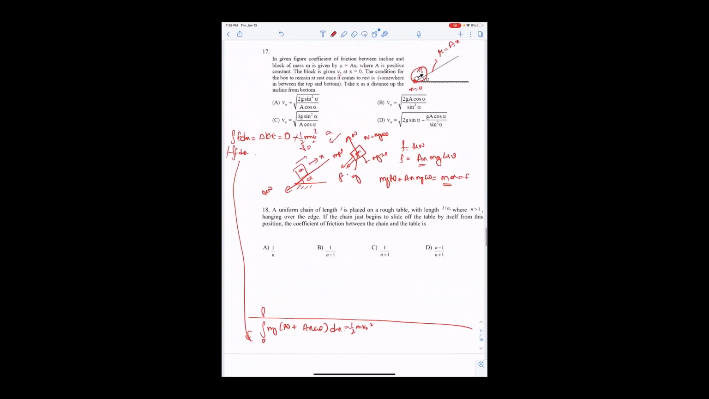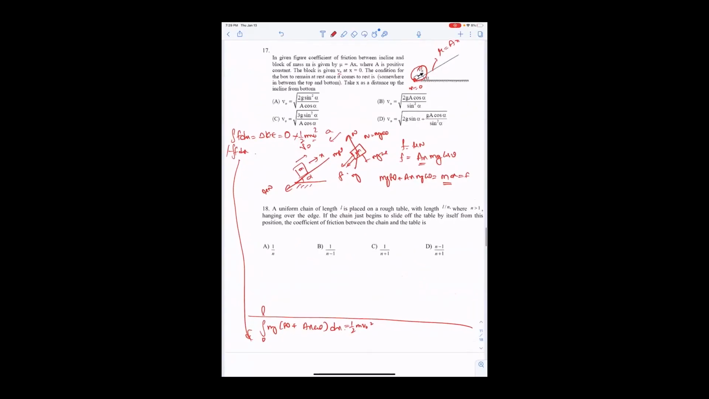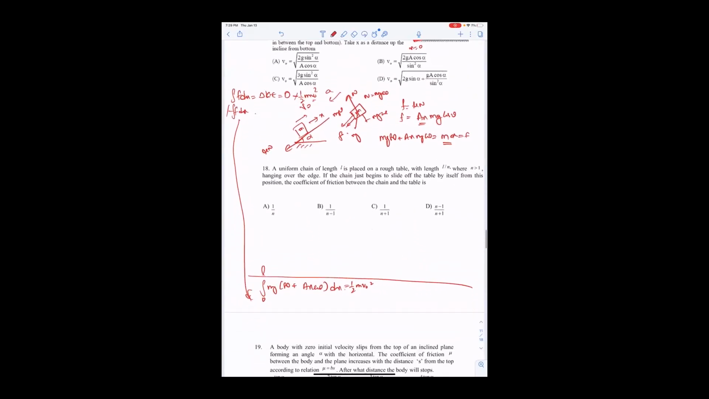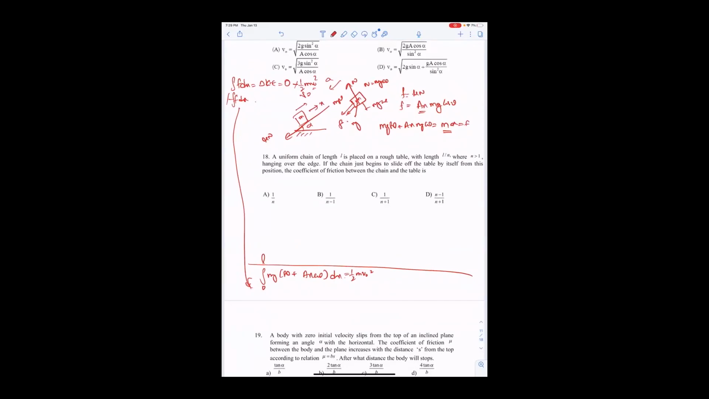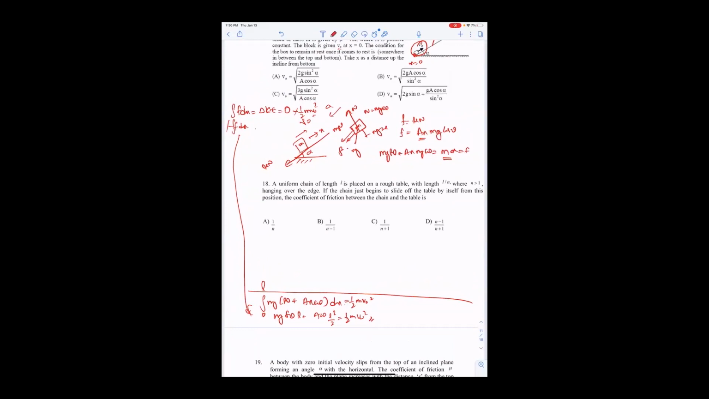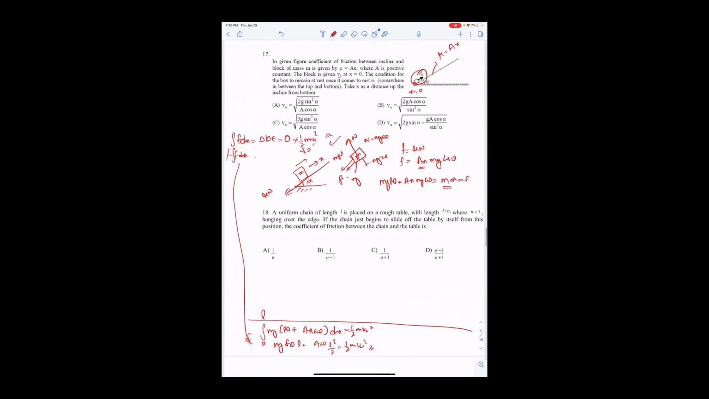So once it comes to rest, it should be at rest. I'm getting L here: mg sin theta into L plus a cos theta into L square by 2 is half mv naught square. It is not asking length L, it's asking velocity v. And when is it at rest? At rest means